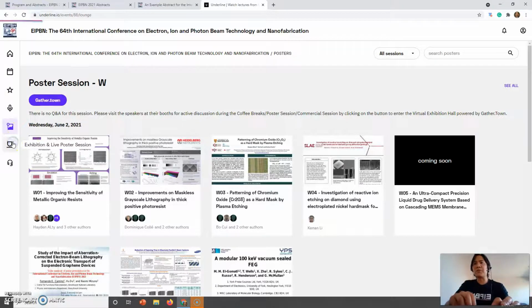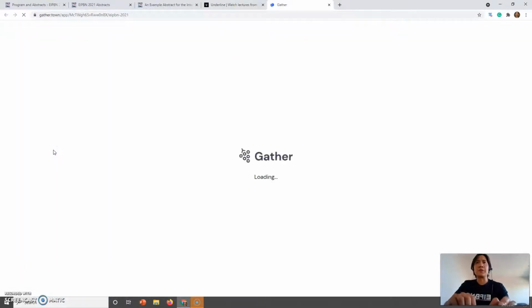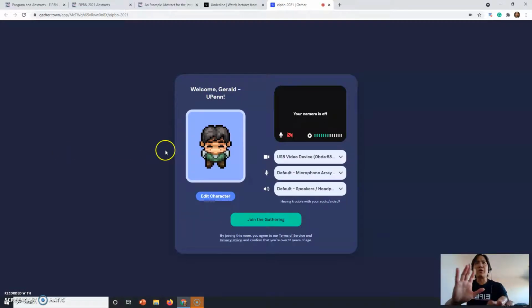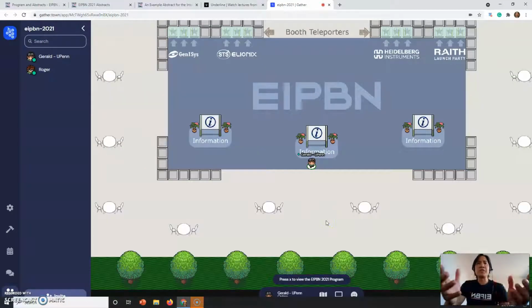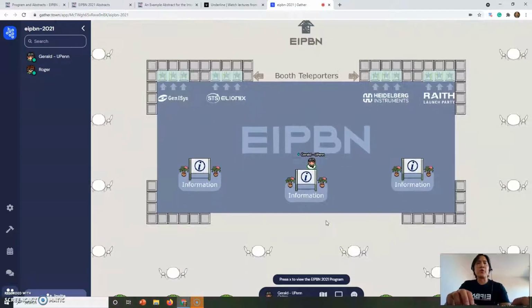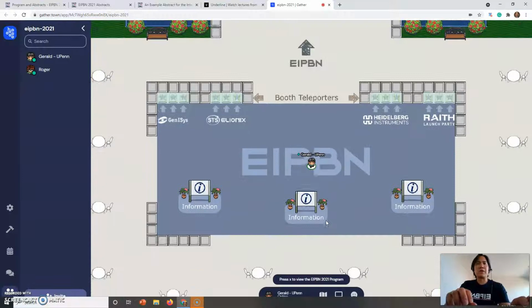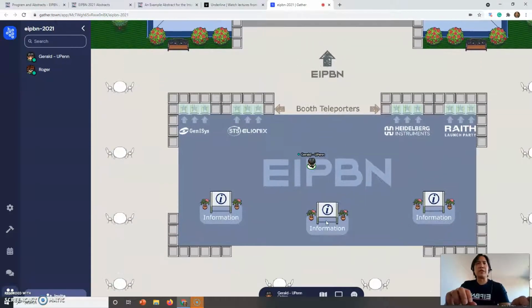So let's jump into the poster exhibition hall, and let me give you a real quick tutorial how this is going to work. So I'm right now logging into what's called GatherTown, and what you see here is that I've spawned in what I call a garden area, a courtyard. So to move around, I'm represented by this avatar, and to move it around, I'm using my arrow keys, up,